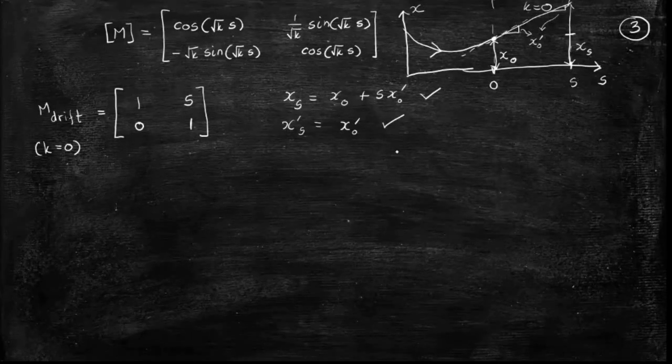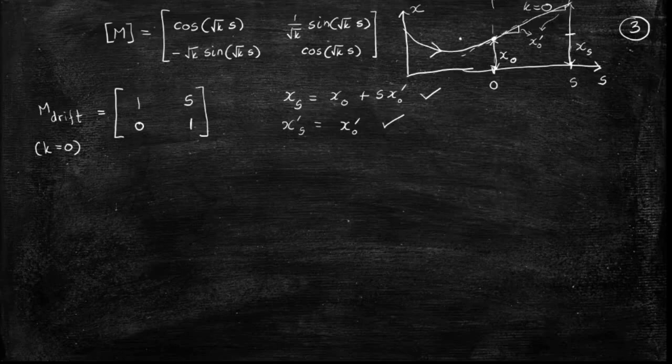However, it also gives us an insight into this particular matrix formalism. Suppose I did want the particle to bend downwards, inward, which means that I don't want xs to be as high as it is. Let me repeat my statement. Suppose I want the particle to bend a little in this region. That means I don't want xs to be as high as it turned out in this case, right? I want the particle to end up somewhere here, let us say. So xs will be less. What is the method to reduce xs?